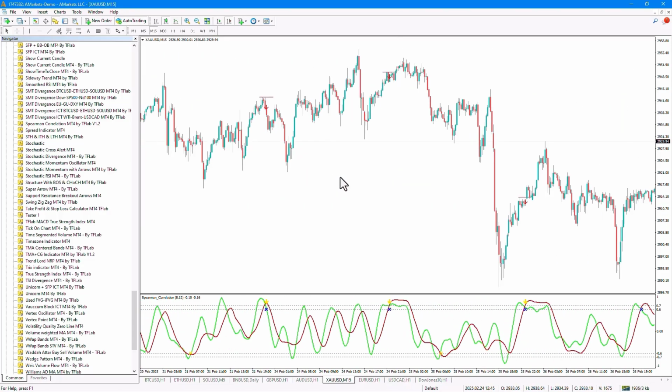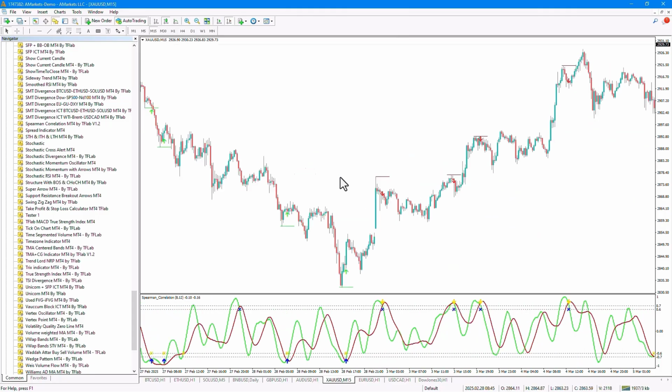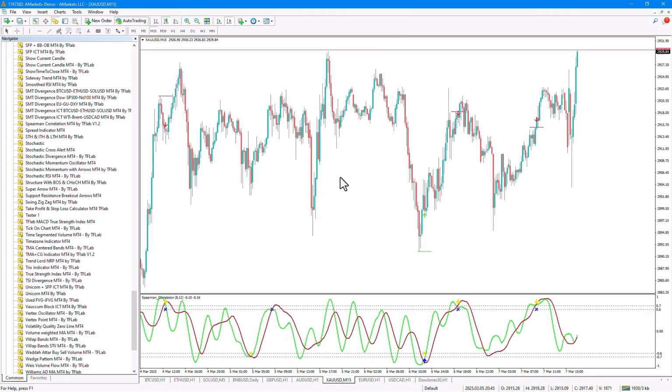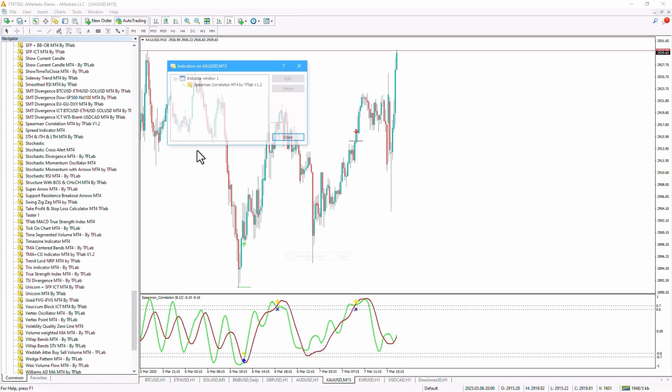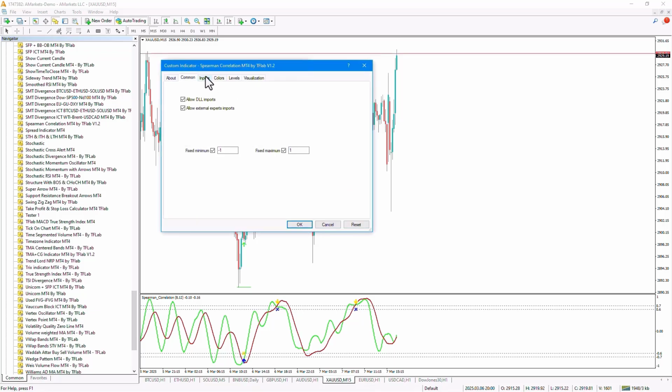The Spearman Correlation indicator is a special and practical tool for identifying overbought and oversold ranges on the price chart. This indicator also displays trading signals on the chart in the event of a crossover between the buy and sell ranges. By setting the limit of the trade and displaying the exit point from the trade, it shows traders special trading positions. In the Settings section, in the Input section,